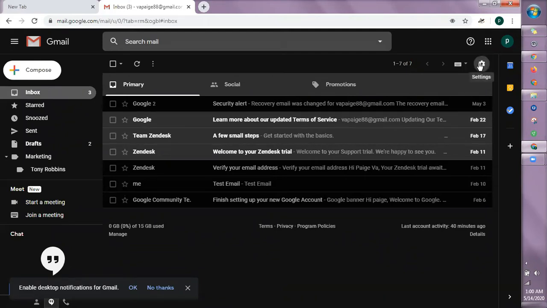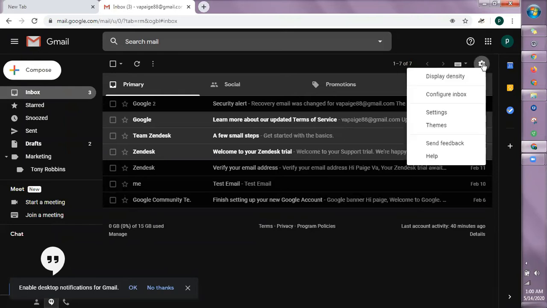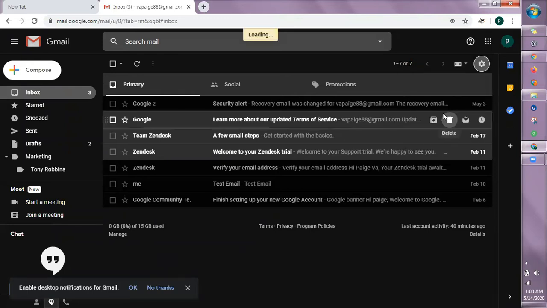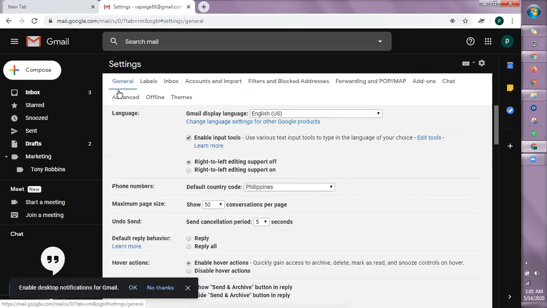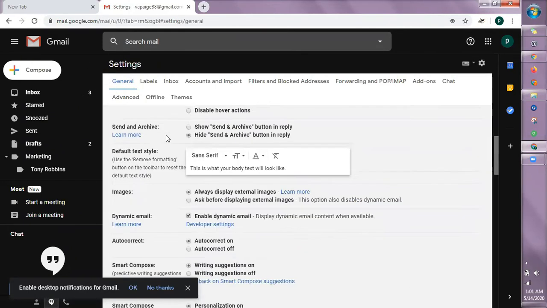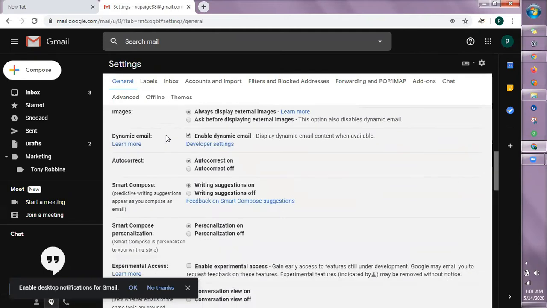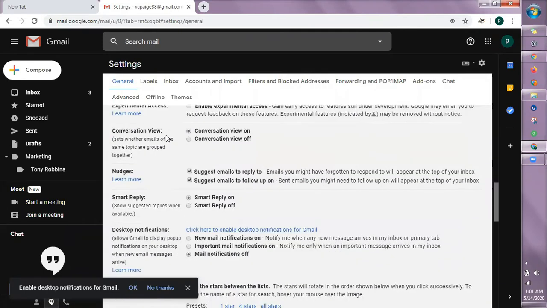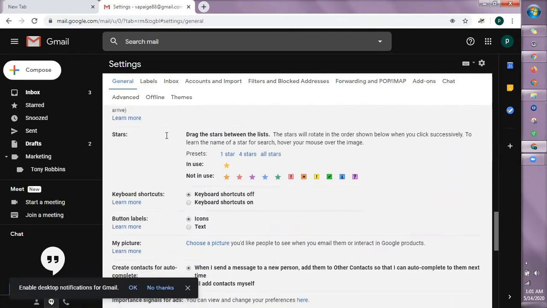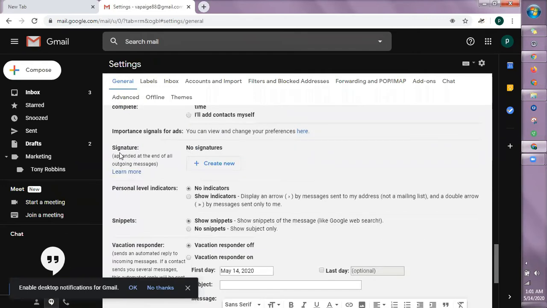So to add signature, you just need to click on this gear, which is the gear icon. Click on settings, and then stay ka lang sa general. Then scroll down some more, and then, ayan. So ito siya. Ayan. So to add your signature, just click on create new,